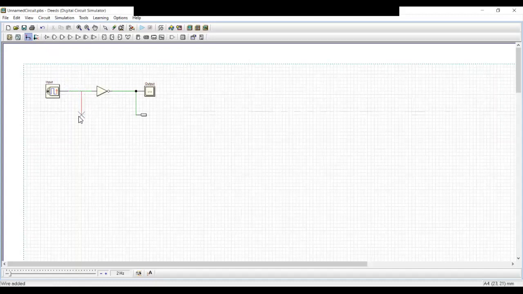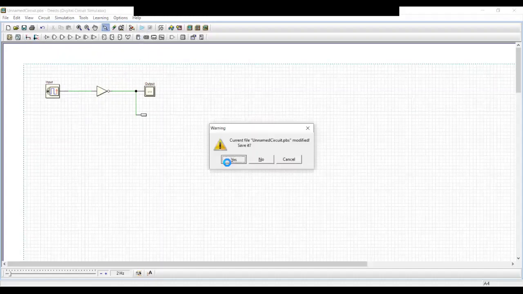Make sure this wire is connected well, and it should have a green color. Many times students don't connect the wire properly, and because of that execution doesn't occur, and you are not getting the output as per your desire. So better you connect the wires properly before you run the code or simulator. So let's start the simulator.